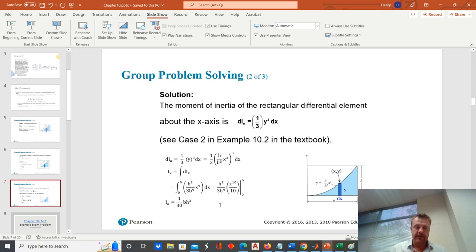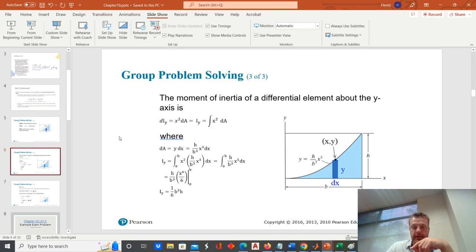So one thing I wanted to emphasize out of these two slides, 6 and 7, that's going to be important in our next example, is that it's generally easier to compute the moment of inertia about an axis if you break it up into rectangles that slide away from that axis. So here's what I mean by that. In the case of these vertical infinitesimal rectangles, it was very easy to determine the moment of inertia about the y-axis because the infinitesimal moment of inertia was just